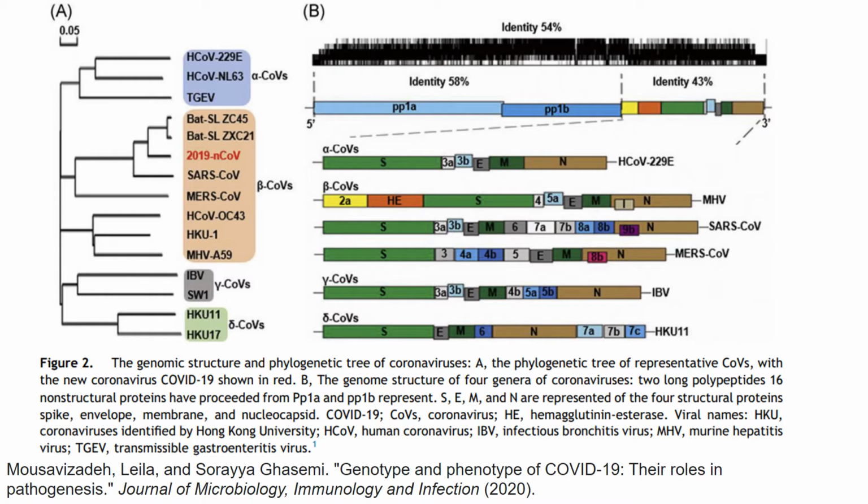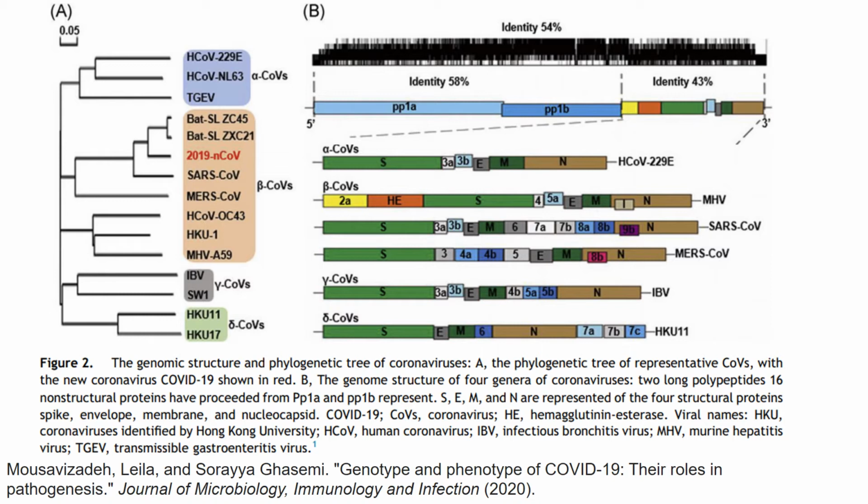Right. So now if we look at the red text, which is 2019-nCoV or the COVID-19 virus, you see that it is much more similar to the bat coronaviruses and the SARS-CoV and the MERS-CoV. SARS-CoV and MERS-CoV, if you remember, are the ones that have already caused infection or outbreaks earlier, in 2005 and 2013. Right, so this is how we know the genetic organization, that they are in beta CoVs.